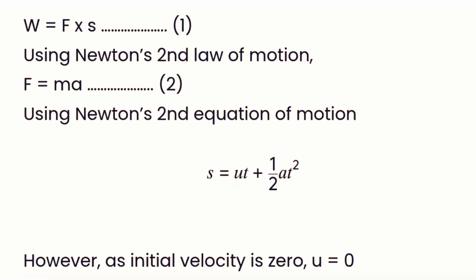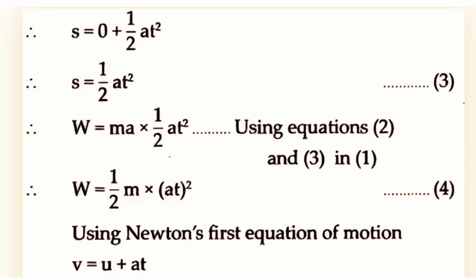The work done on the object is W equals F times s. (1) Using Newton's second law of motion, F equals ma. (2) Using Newton's second equation of motion, s equals ut plus half a t squared. However, as initial velocity is 0, u equals 0. Therefore, s equals 0 plus 1/2 a t squared. Therefore, s equals 1/2 a t squared. (3) Therefore, W equals ma times 1/2 a t squared, using equations 1, 2 and 3. Therefore, W equals 1/2 m times (at) squared. (4)